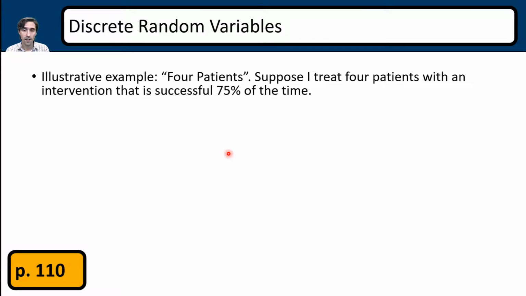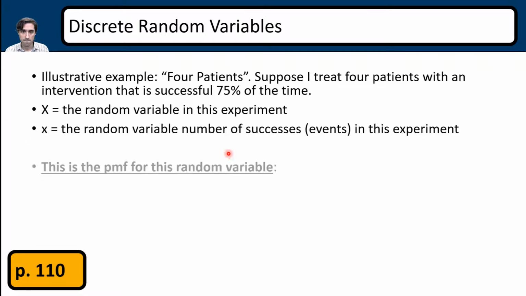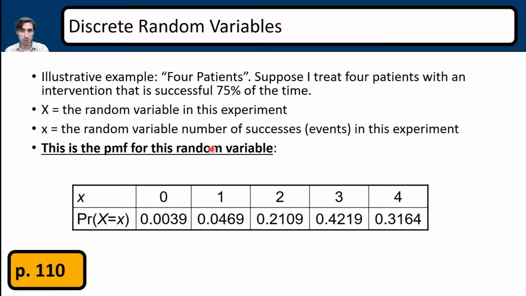So let's get to property 2, or at least the next slide. Let's see what we have here. This is actually the explanation that was just provided, as well as the graph, and it's 75% of the time. This is the PMF right here. This little table is nothing intimidating. All it is doing is showing you the probability of X successes. So if you put in that lowercase x, it would say the probability of 0 successes, the probability of 1 success, the probability of 2, 3, and 4.